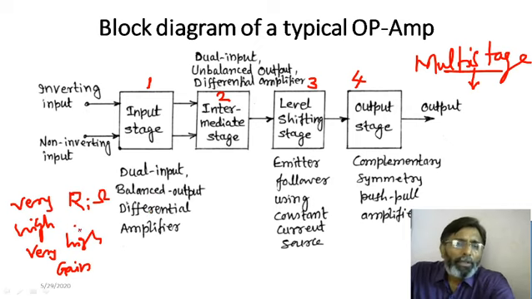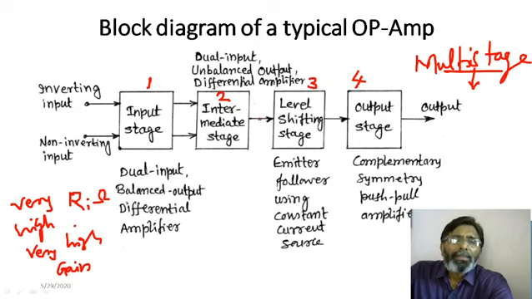Then we have seen that in a balanced output differential amplifier, we take the output at the 2 collectors, collector 1 and collector 2. This is the output we take at the last dual input balanced output differential amplifier stage, and we give it to the next, intermediate stage. We know that in the case of, suppose, an adder, we should have 2 inputs, but how many outputs? Only 1, but here there are 2. So to have 1 output, we use a dual input unbalanced output differential amplifier. So we will have only 1 output.